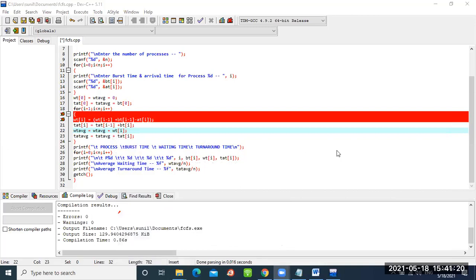Okay, then if you do not have any question, we will stop here. We will meet in tomorrow's class where we will continue the CPU scheduling, where we are going to discuss the SJF algorithm. So you just write down the programming part. I will explain in tomorrow's class how the SJF algorithm actually works. Is it clear?